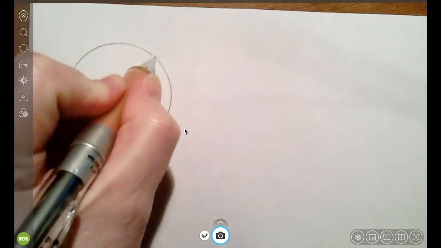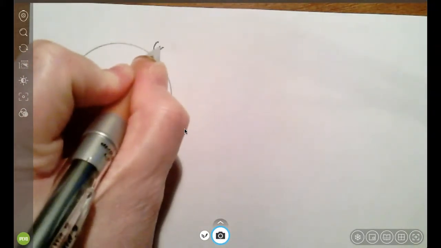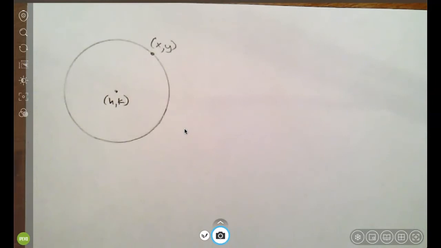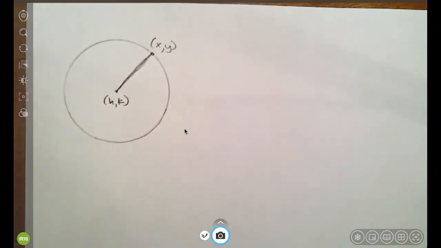circle. And then we're going to take any point on the circle and we're just going to call that point (x, y). So if all of these points out here are on this circle, that means they are the same distance from (h, k). So what we really want to know is whatever that distance is, what's going to define our circle. It's going to define all of the points on our circle. So if you remember from the distance formula,